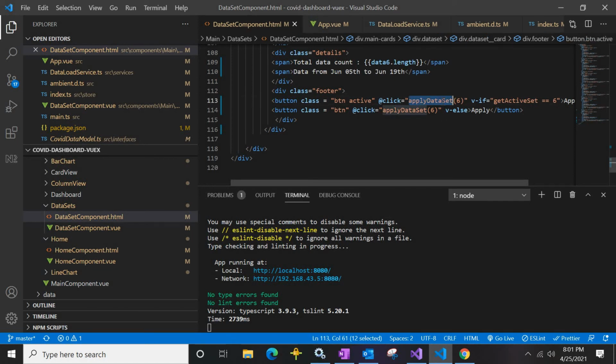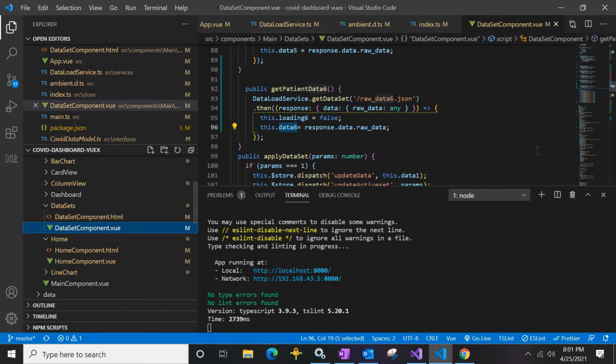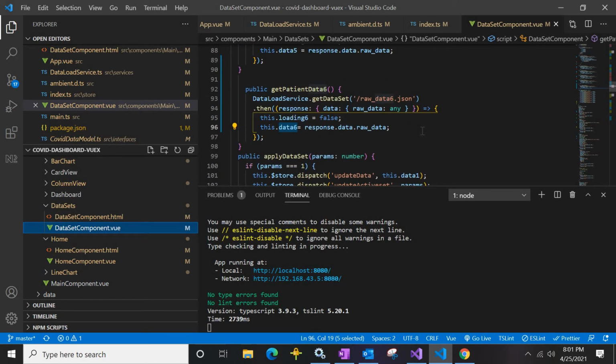Then, as soon as the user clicks, we need to apply that data set as the common data set. As we move to that section, we need to cover a little bit about Vuex and how we are managing the state. That part we will be covering in our upcoming videos. The outcome of this video is only the Axios call: how to make an Axios call and how to get the data bound to the UI.